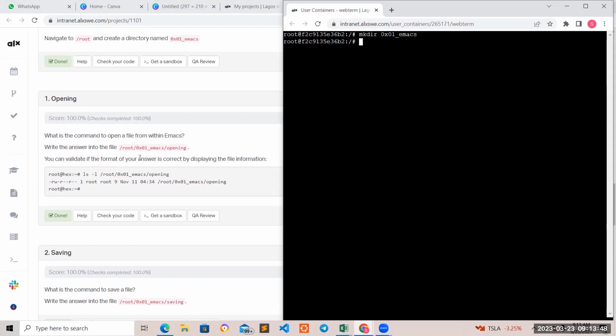Like I said, you don't need to memorize this command. That's what you need to know. Whenever you need this command, you can always go and look for it. But as you keep working with them, you get to know which commands are very important, and those commands will just be at the tip of your fingers. Now, how do we do this? Look at this. They say write your answer into the file root